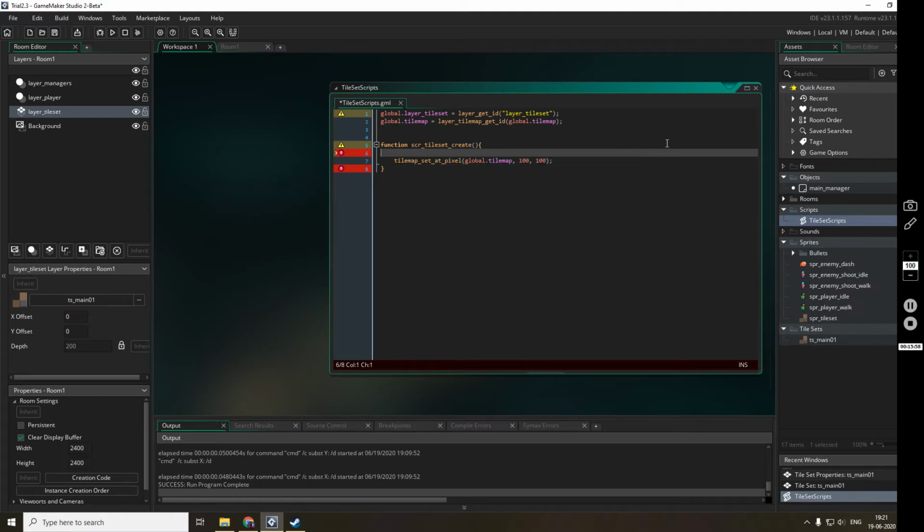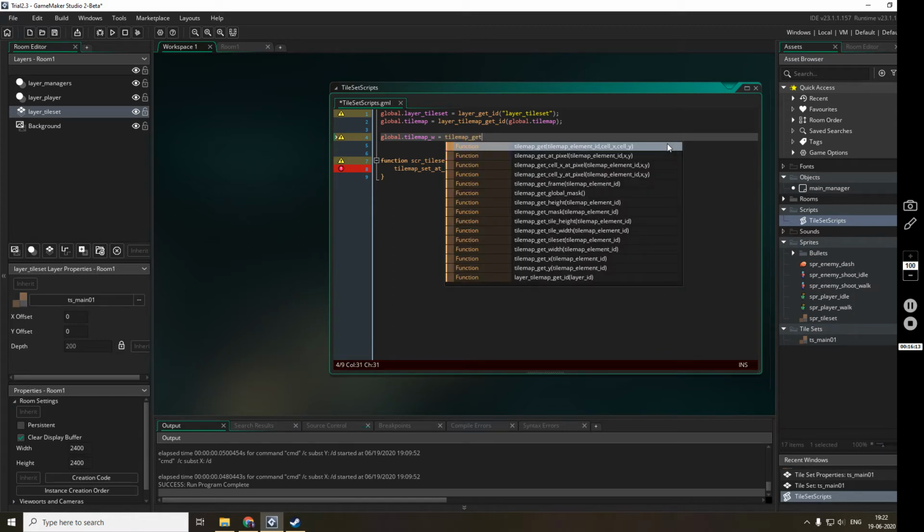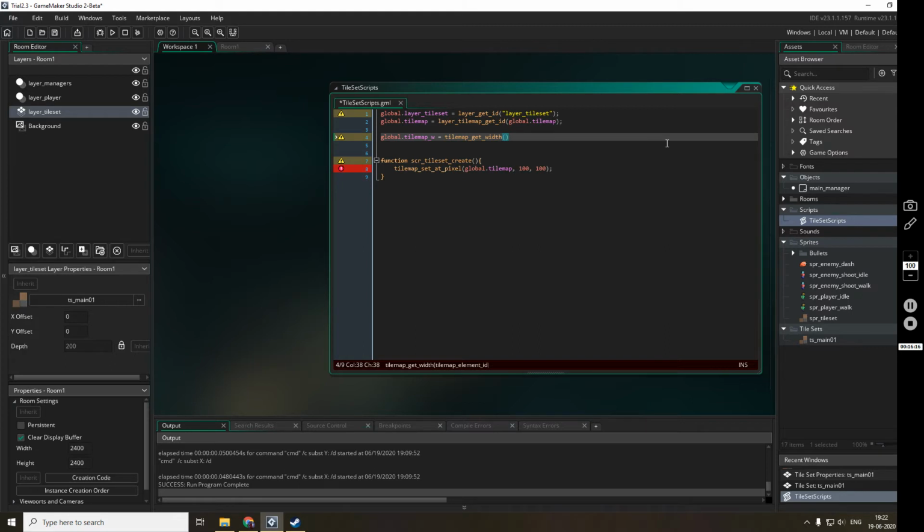So I'll set tile map width equal to that and tile map height, tile map h, equal to that, so that we don't have to get it again and again, we can directly use it inside the function.